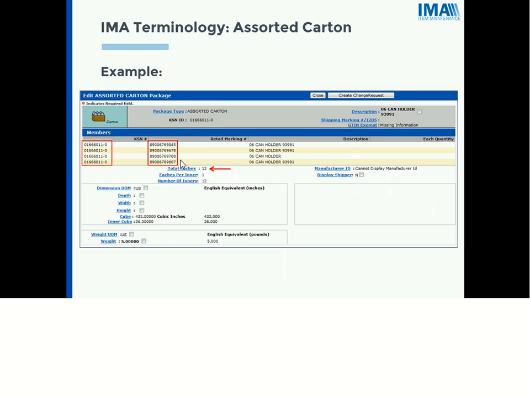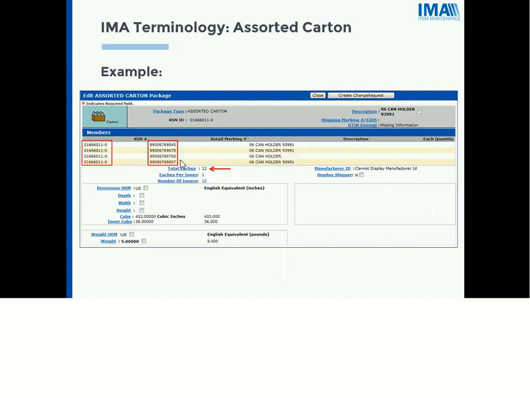Okay, well, we get an example from our EDI that we receive. On the EDI, it has one KSN number, and then that KSN number has multiple UPCs and multiple KSNs for each size. Multiple KSNs for each size, or multiple UPCs? Oh, so you have a KSN, and then you have a UPC, which corresponds to how many of each size. So there's more than one KSN, correct? Yes. So for each size that we receive.